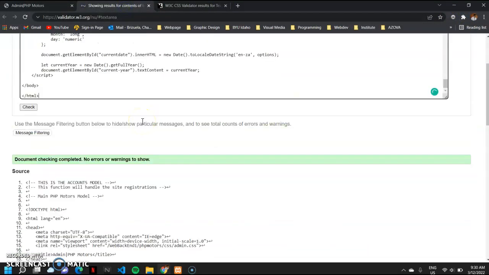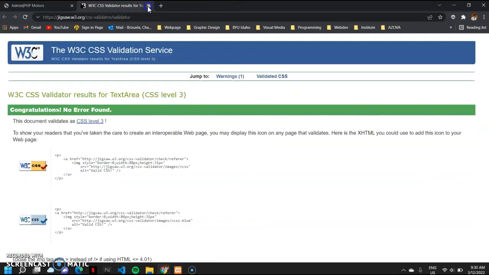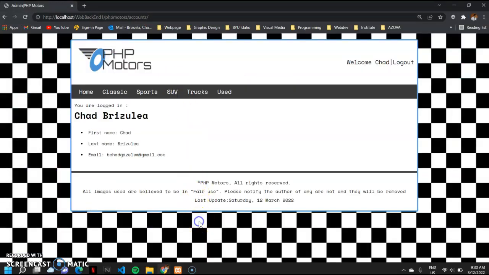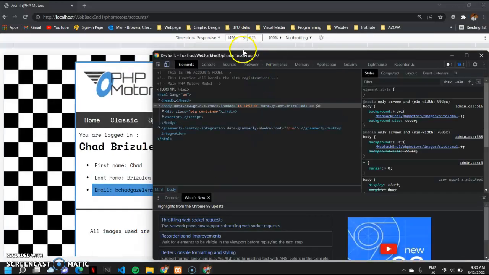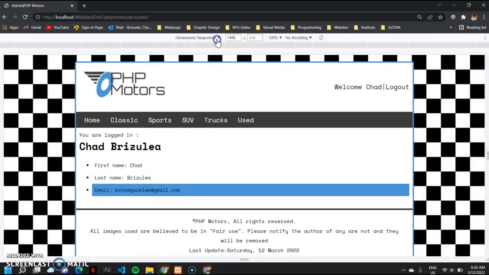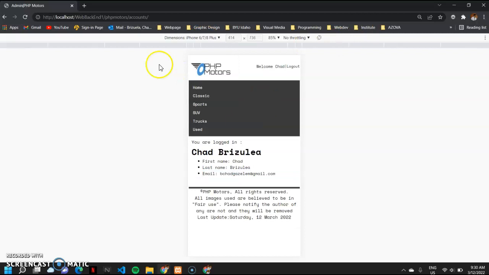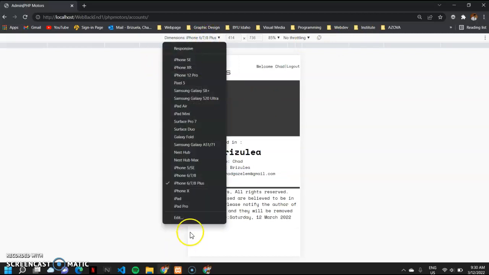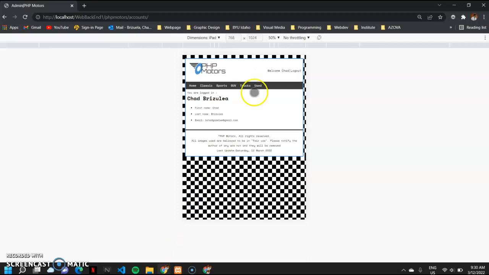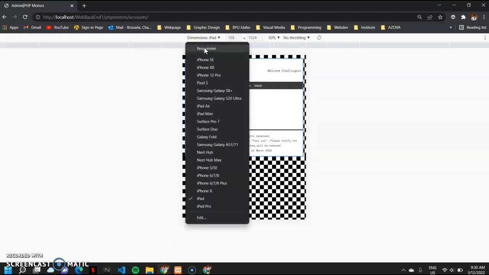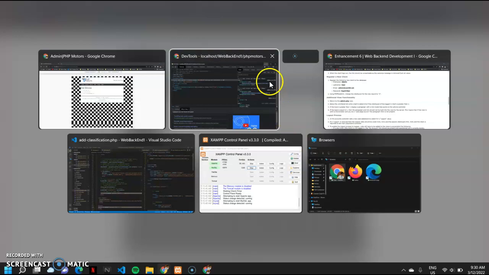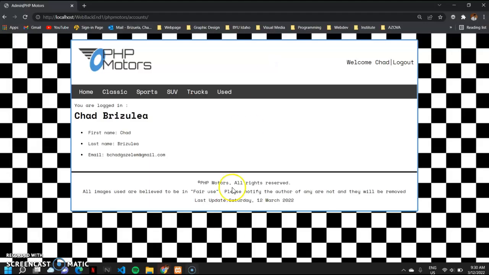And for the HTML. And for the responsiveness, you go for the phone, tablet, then for the desktop view. So now to test the